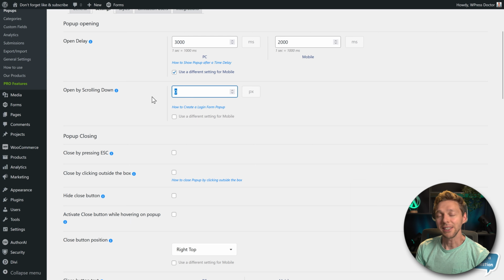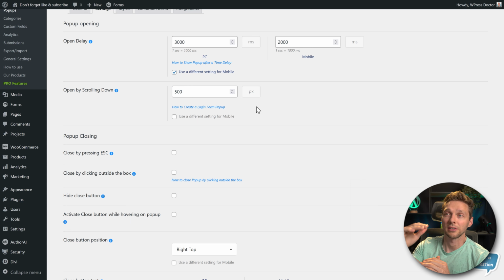Now when diving into your Google Analytics, you will see that most visitors use a 1920 by 1080, just a full HD screen. Then you will notice that the height of your screen is 1080 pixels. So you might consider that when scrolling 1080 pixels, someone has actually scrolled another screen. Then they could be interested. For example, with 500 pixels, they have to scroll just half a screen up and then they will see your pop-up. So this is the way you can think about when they want to see it.